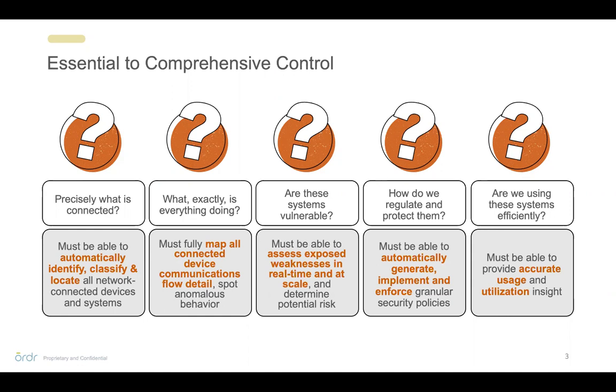So, a camera should only send video images to a video storage system. It'll be controlled by a camera management system. It may get patches from a patch management server in the cloud, and that's about it. And so the good news is that camera therefore has a very regulated set of conversations. And if your system understands that, you can start seeing normalities versus abnormalities right away. Whereas Russell on his computer, you have no idea what he's going to do on a given day. And so being able to get that level of communications detail of what they're doing, tied down to the specific assets with awareness of what's normal or abnormal, becomes foundationally important.